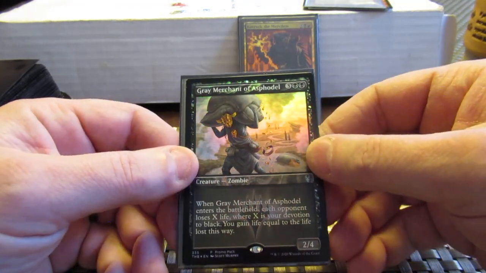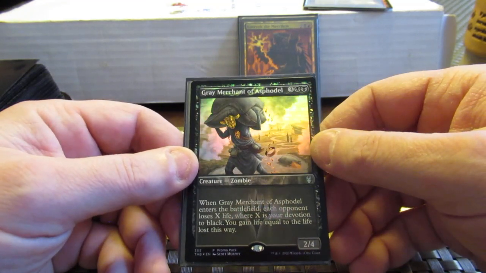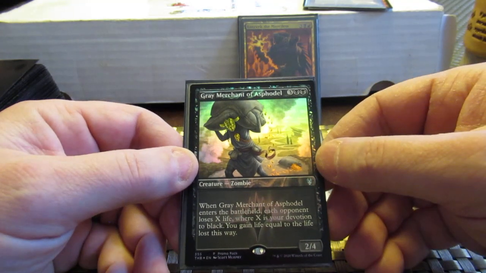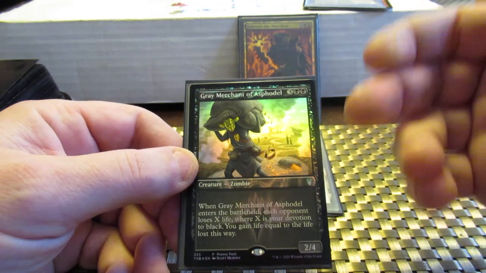Also, taking out Grey Merchant of Asphodel. He still works in the deck. If something else shows that it's not working as well as I want it to, he will go back and replace it. This is not a definitive exclusion, but I do have